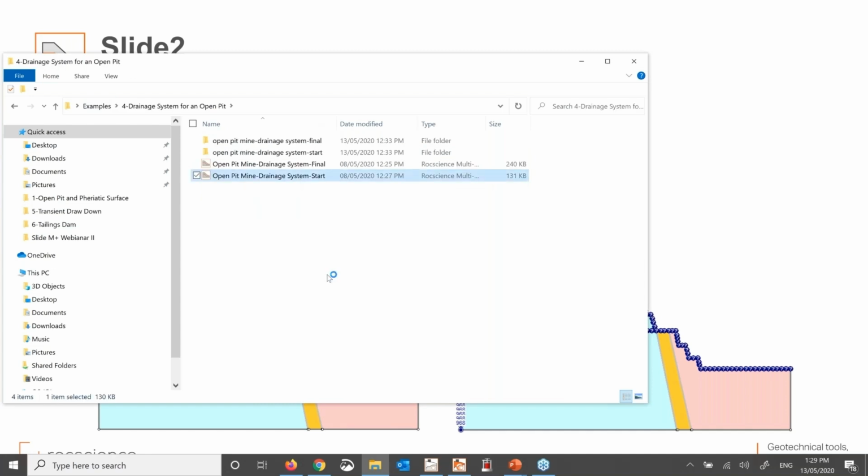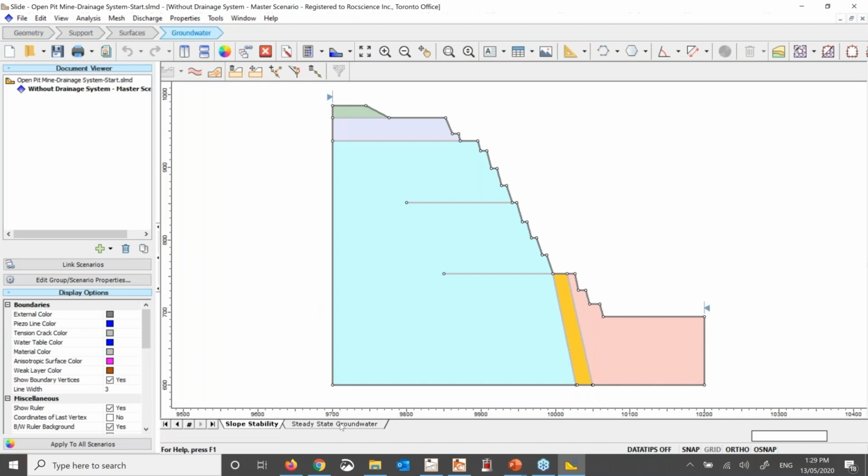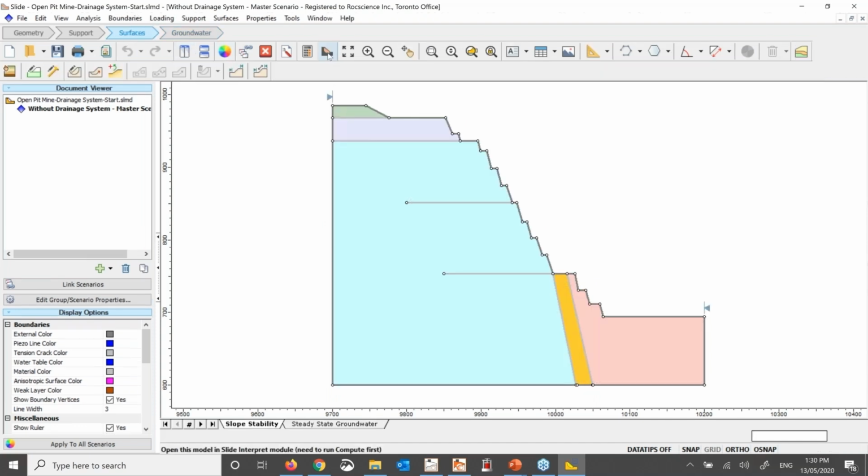in the original configuration, when we don't have the drainage system, let's look at the groundwater analysis. You have an aquifer or a reservoir here that is providing a constant head on the left side. Now, on the right side, since you have a dried open pit so that you can make it a workable area, I have assigned this seepage face here so that if the water comes in, it will be extracted and it's going to be a workable area for the people that are working there. Looking at the results here,